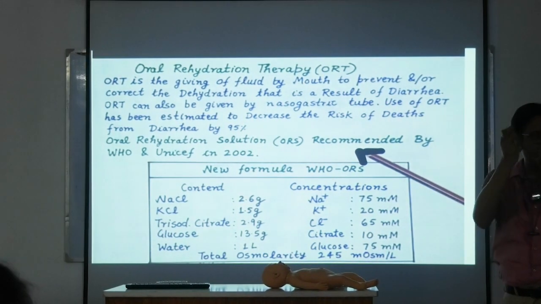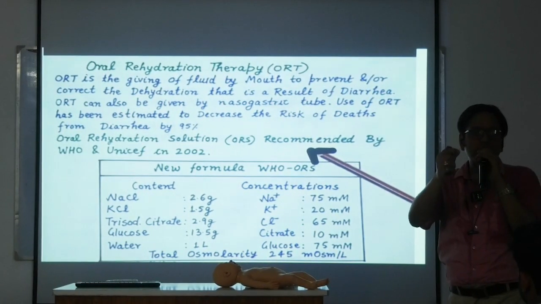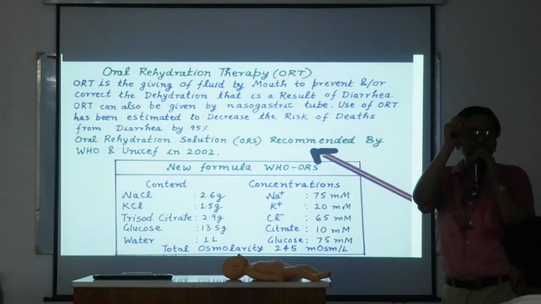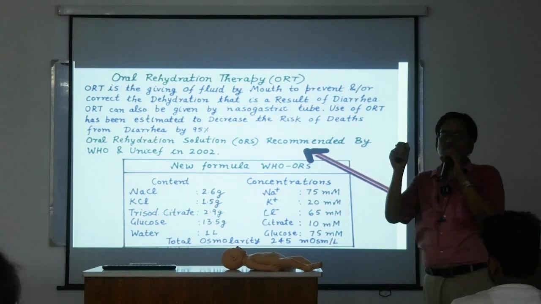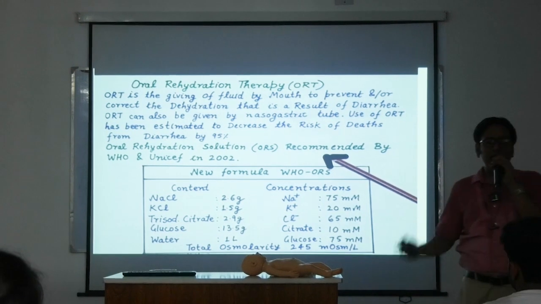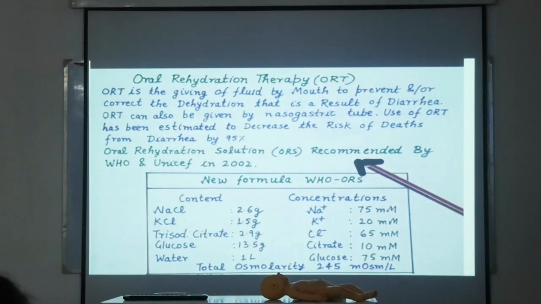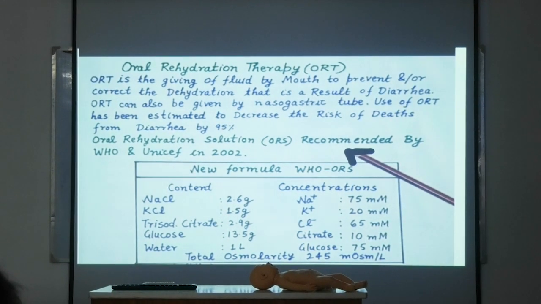Plain drinking water, homemade ORS, 1 glass of water, 1 pinch of salt and 1 tablespoon of sugar. Okay, these are all helpful. Remember, even fruit juices also help. But ORS is the ideal agent. ORS এ কি থাকে? আচ্ছা, ORS nowadays, the ORS that is used, it has been recommended by WHO and UNICEF